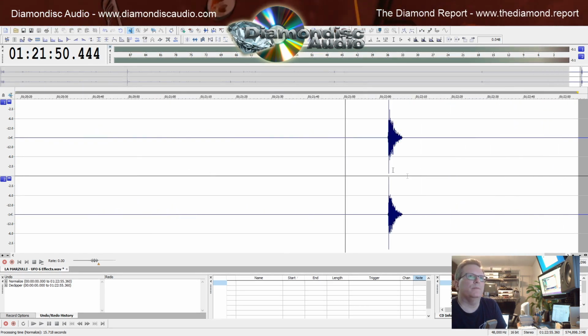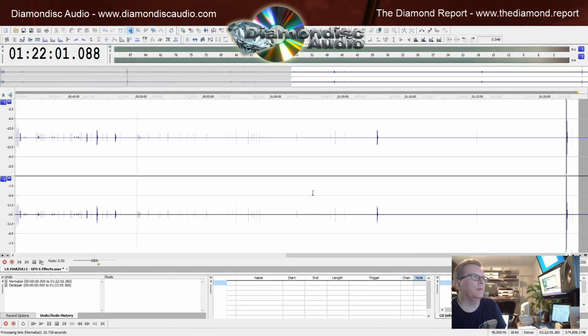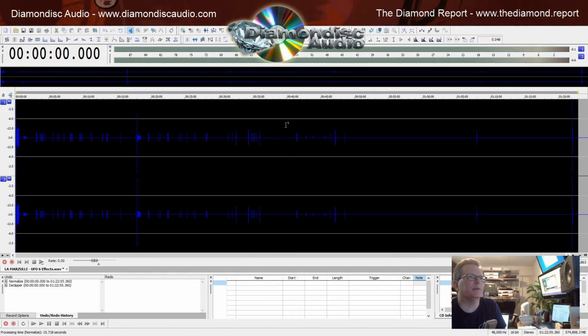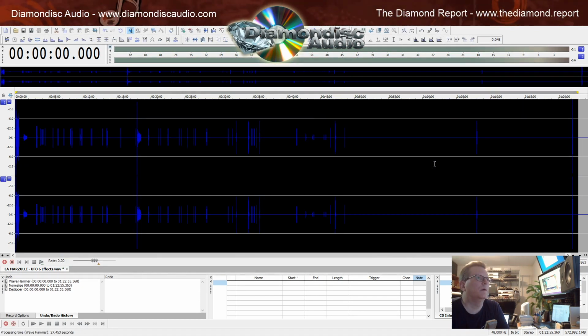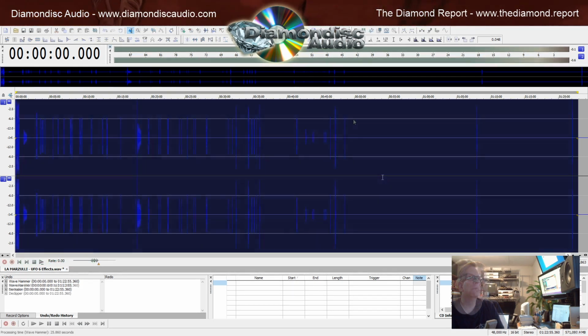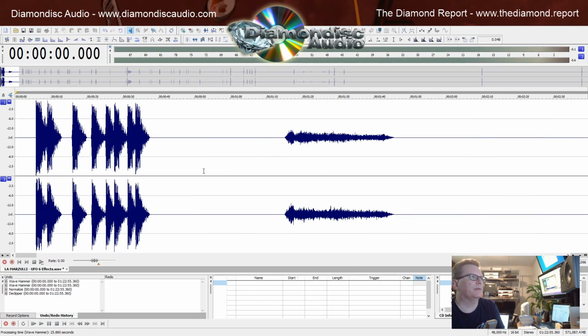So what I want to do is use my compressor once or twice on this and bring the whole thing up a little bit more now. So you might say, well, why did you lower the volume only to raise the volume? Well, I was declipping the overloaded audio first, so repairing the audio, and then after I repaired the audio, now I want to bring the volume up where it should be. Okay, so there's a couple of compression passes done.